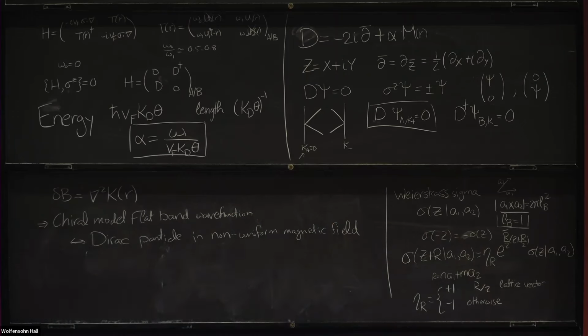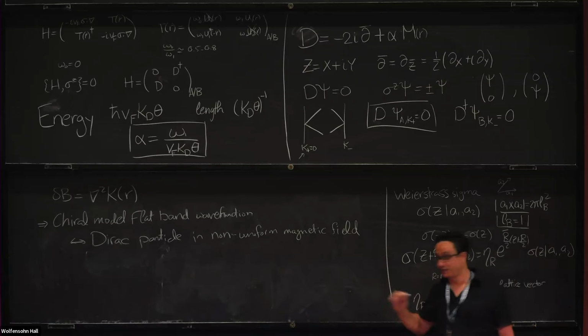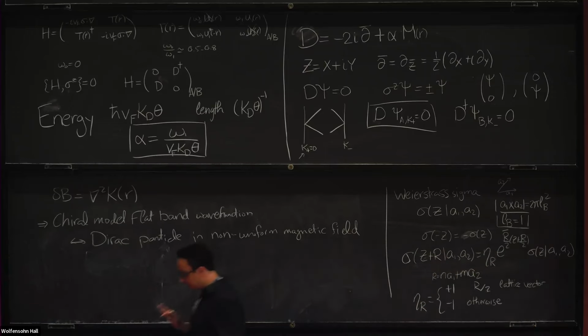ultimately comes from the fact that the chiral model has this holomorphic structure because of the separation between holomorphic and anti-holomorphic derivatives that allows us to write the wave functions in terms of a holomorphic piece times a piece that doesn't depend on momentum. Now, it turns out that this model also has a dual holomorphic structure in momentum space. And this you can already see from the fact that if you look at this wave function,